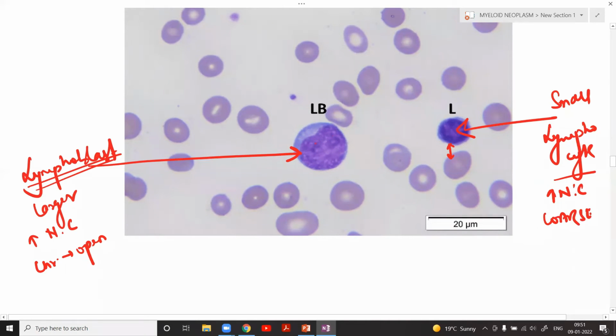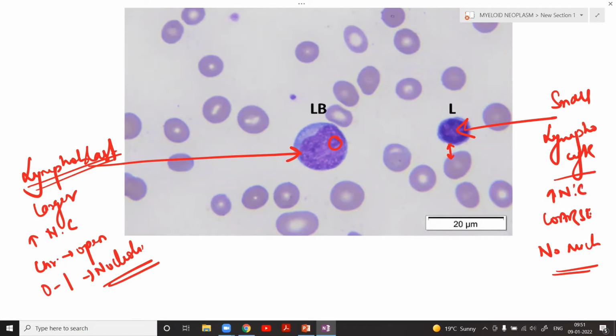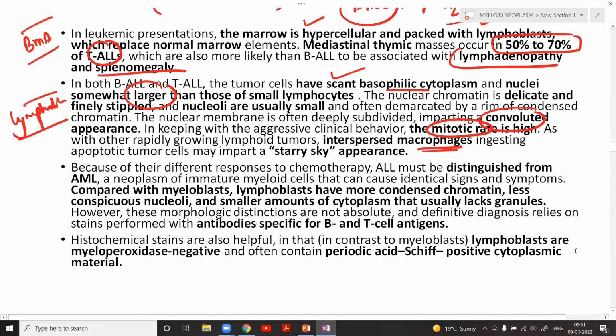Another thing you will see is that there are certain nucleoli visible, 0 to 1 nucleoli, but over here, no nucleoli is seen. So it is imperative that you differentiate a lymphoblast from a small lymphocyte. Okay, so this is how you differentiate the features. Now, one other thing is that we also have to differentiate the blast of ALL, that is a lymphoblast,